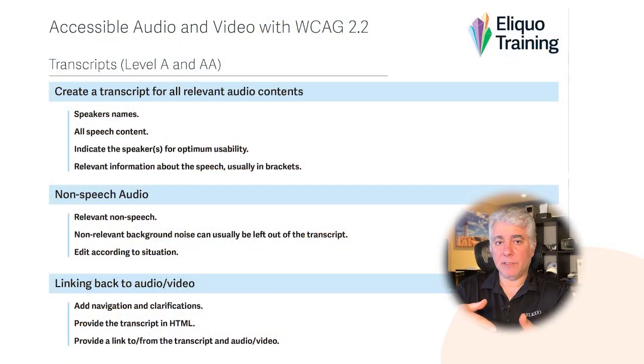Now, be very careful with the transcript. The transcript has to be inside the page where the video is, right at the bottom of it. And obviously, the page itself has to be accessible. If your layout would not allow such a thing, you need to provide a link. Obviously, I don't need to tell you that the button has to be accessible. The link has to lead to an accessible HTML page that contains the transcript.